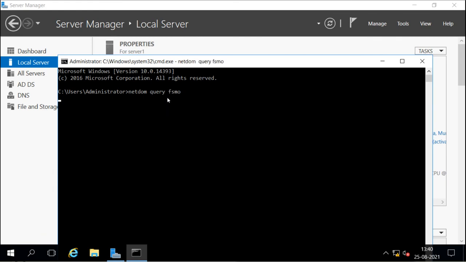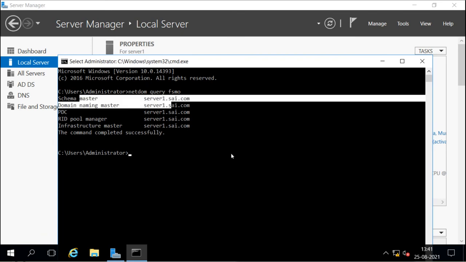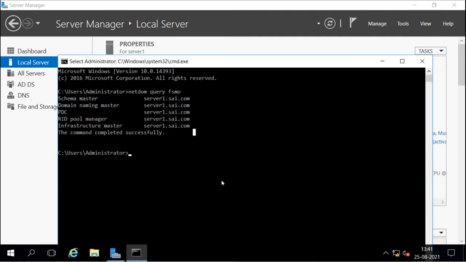So every domain you create has these domain-wide roles available, but the forest-wide roles are only available on a single server. Now we can see all 5 roles are available here on server 1: forest-wide roles, and domain-wide roles for this root domain.